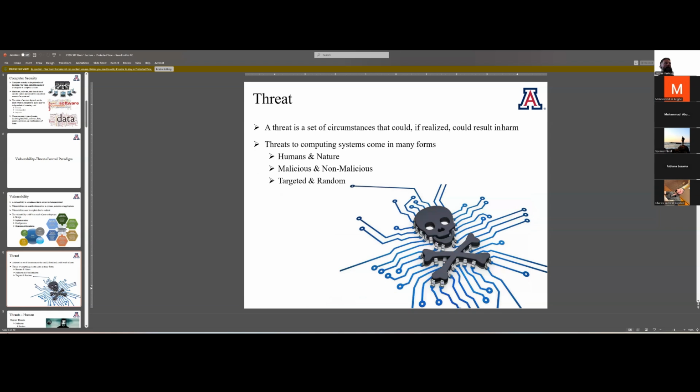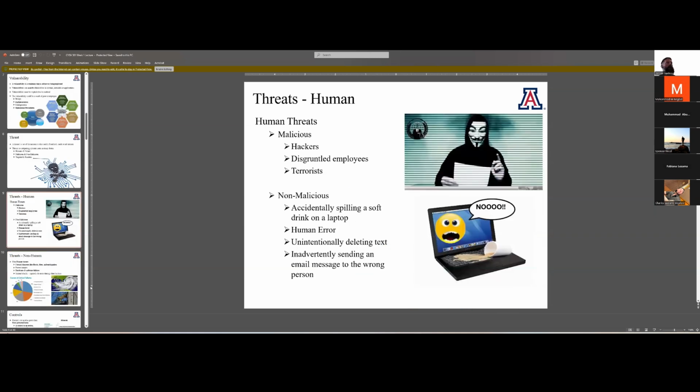So then we have a threat. A threat is a set of circumstances that could, if realized, result in harm, right? And this can come from a wide spectrum of areas, right? It can come from humans, it can come from nature. Think South Florida in hurricane season, malicious, non-malicious, targeted, and random. So on the human side of things, you can further break that down into malicious and non-malicious, right?